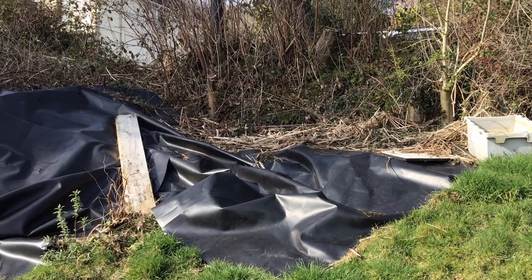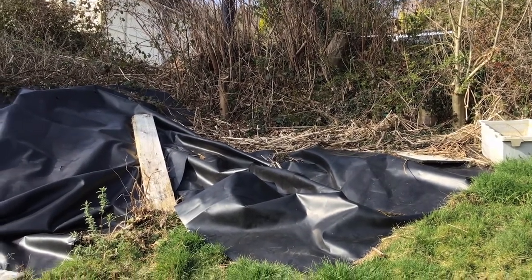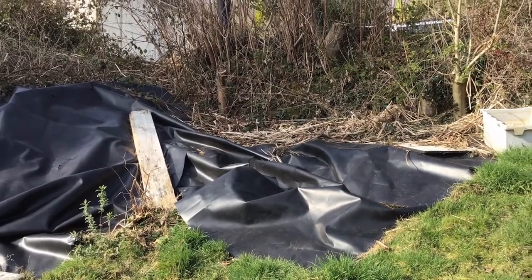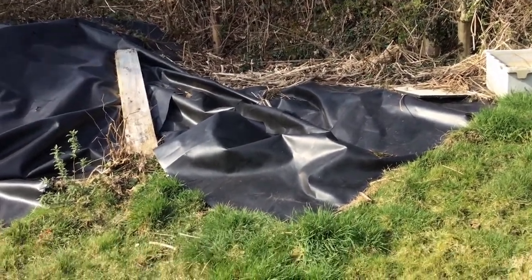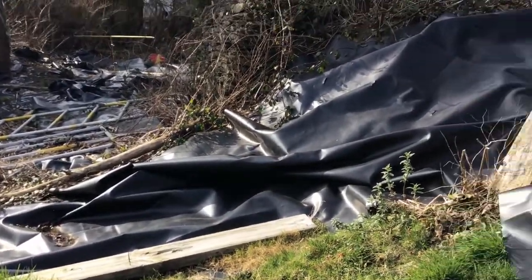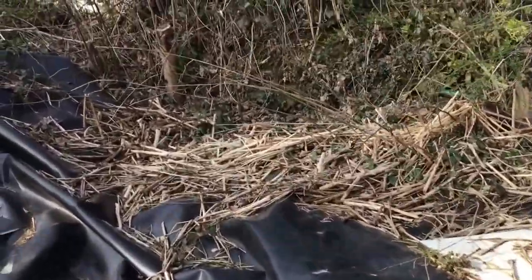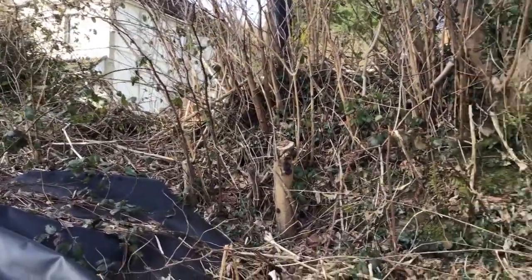Hello, so what we're going to show you today is how easily Japanese knotweed can spread even if you put tarpaulin on top of it, and it just shows how far the knotweed rhizomes can spread out from other plants. So with this garden, they have tried to put tarpaulin down on top of where the knotweed grows, and the knotweed growth started by here within the boundary,